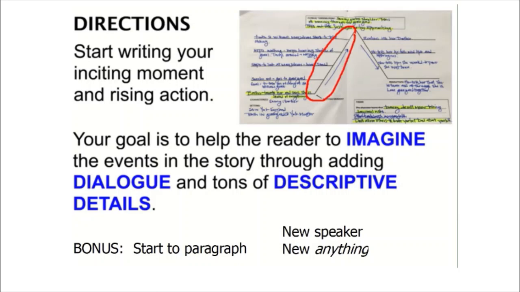Your bonus here is to start using paragraphing in your drafting. Look at your independent reading book and look at this narrative that we were just writing. Notice how short each paragraph is. We've learned that there's a new paragraph every time the speaker switches in dialogue. But in narrative, anytime anything changes, a new person taking a turn acting, a new location, even a small difference, we're in the hallway, then we're in the kitchen, then we're in the living room. Each one of those new places is a new paragraph.